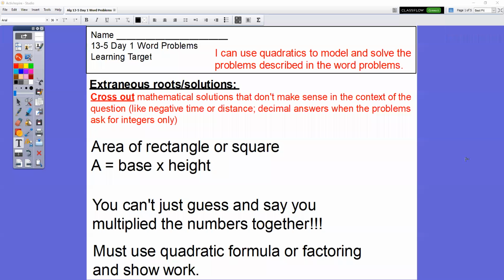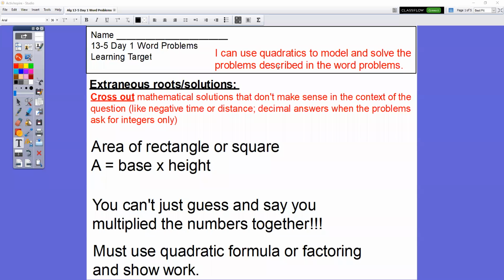This is the lesson for 13-5, day 1. What we're doing today, I'm actually splitting 13-5, day 1 into 2 days. Today, all that we're doing are the rectangles and the squares. Tomorrow's lesson will be with the parabolas. So what you're going to do today is use quadratics to model and solve the problems described